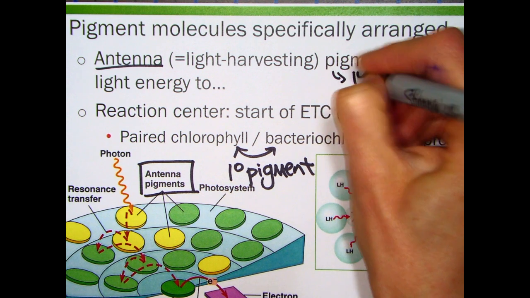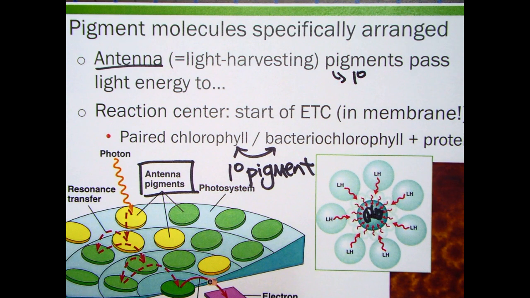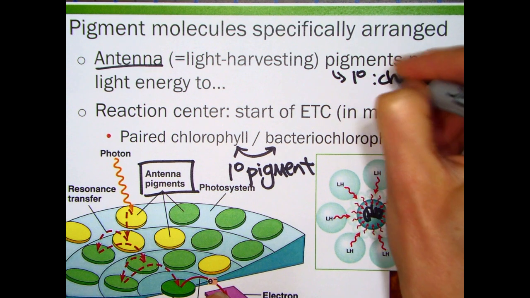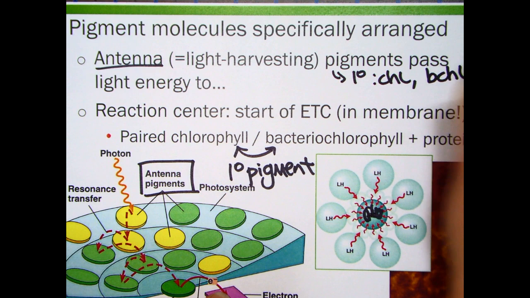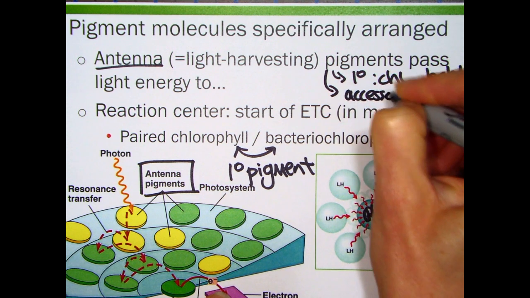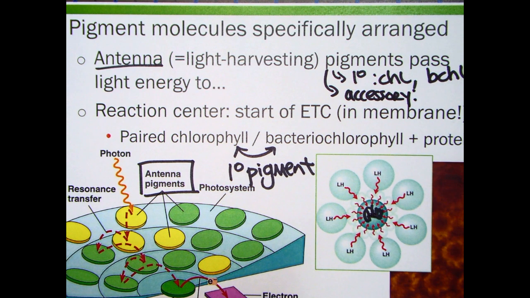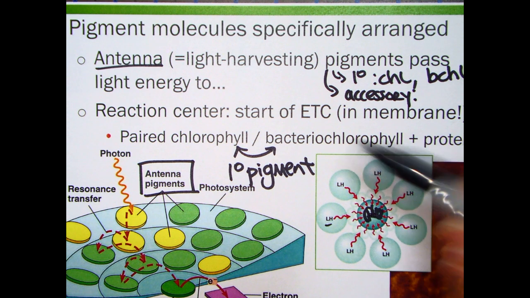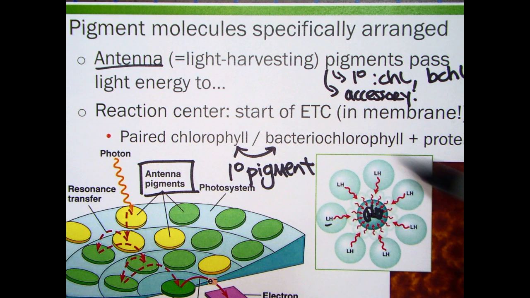So these can be more molecules of the primary pigments, which are chlorophyll and bacteria chlorophyll, or these can be the accessory pigments, the carotenoids and the phycobilins. And so antennas are, or also called light harvesting, if you see LH either way, will be in rings around